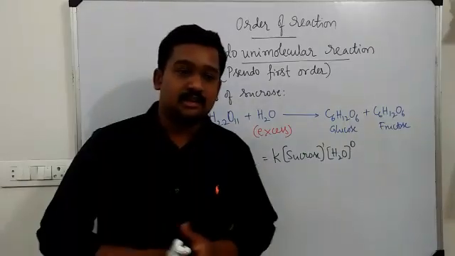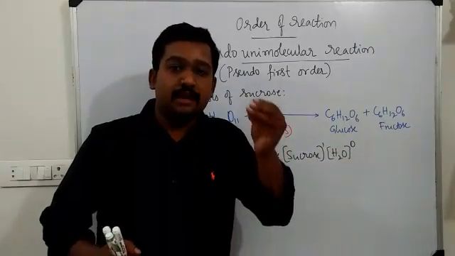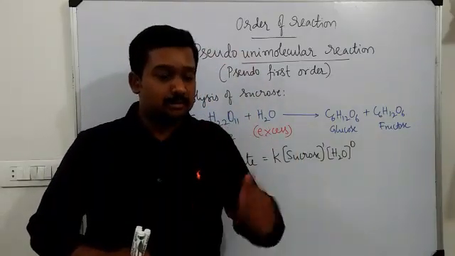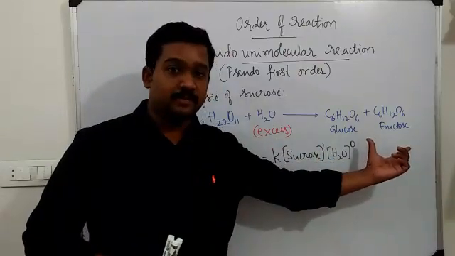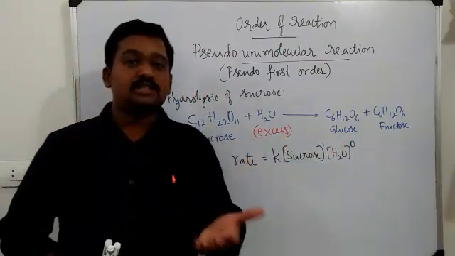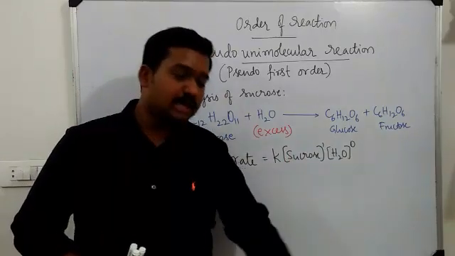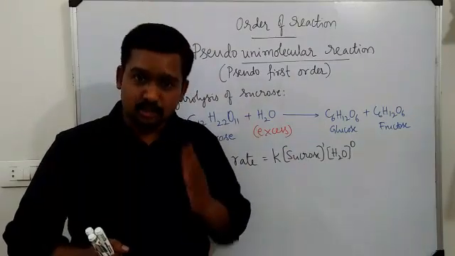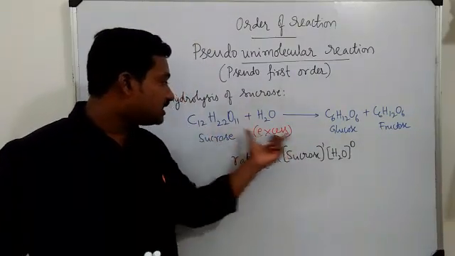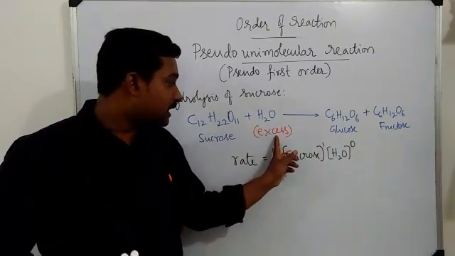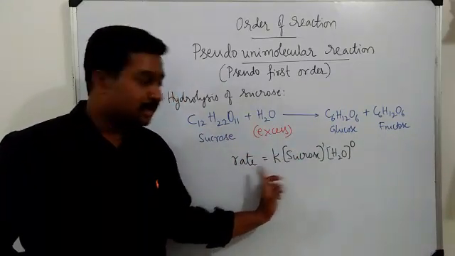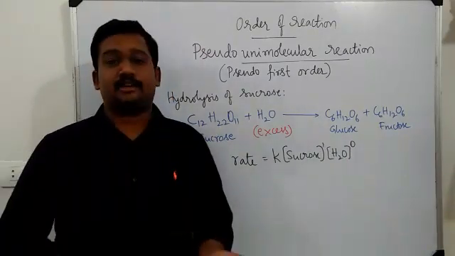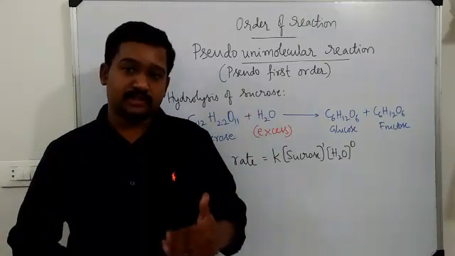Imagine there is a big bucket full of water and I am adding only 1 spoon of sugar into that. Now on changing the amount of sugar, there will be a change in the reaction speed. But on changing water, it may not change the reaction speed so much. If I remove 1 glass of water from the bucket full of water, it may not change the speed of reaction. So when one of the reactants is present in excess, its dependence on the rate will be 0. It will not alter the rate of reaction. So now it was a second order reaction, but we have changed it to first order.